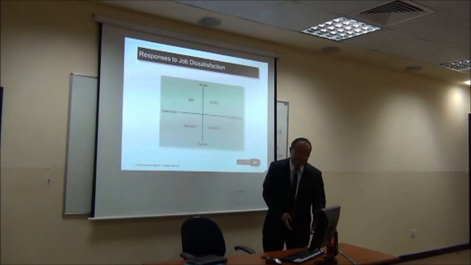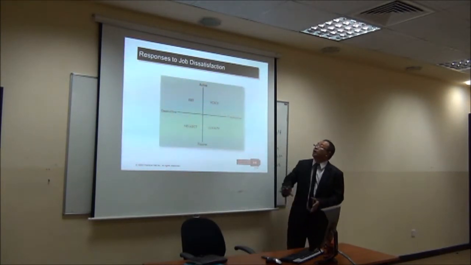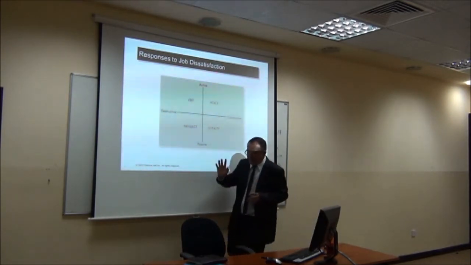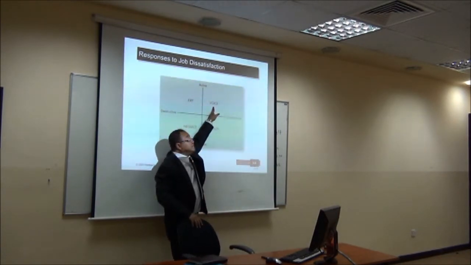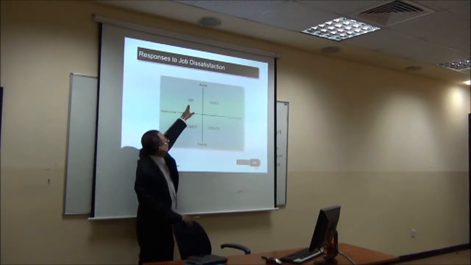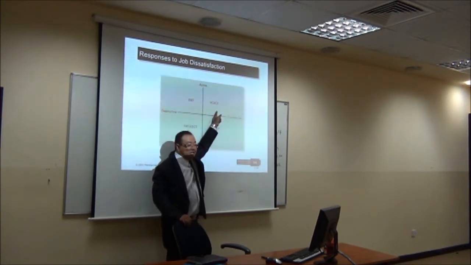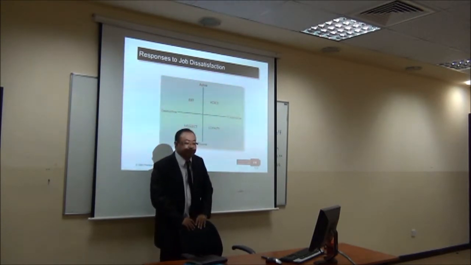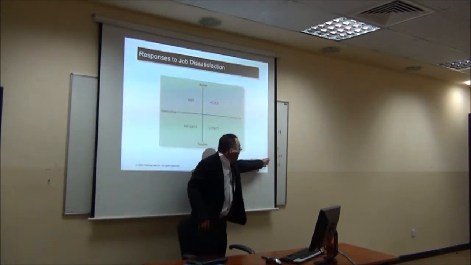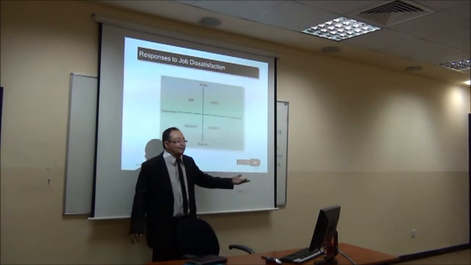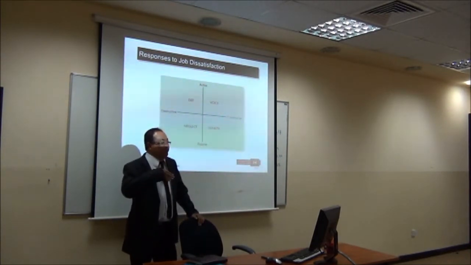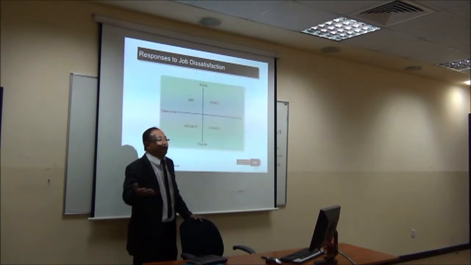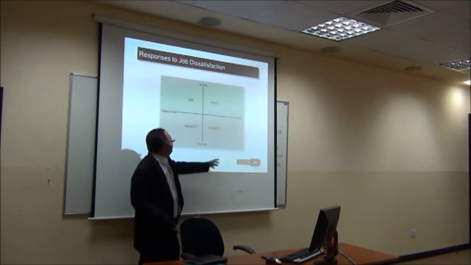So as I mentioned, people who are dissatisfied tend to start from here, and then here, and then here, and then here. So the first stage is voice, which is active and constructive. So if somebody is dissatisfied about the promotion prospects, for example, then they can voice it up. That means they can make a verbal complaint about the lack of promotion or the unfair promotion method. Then